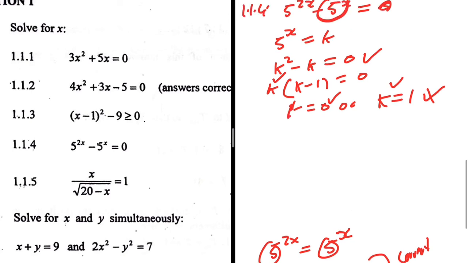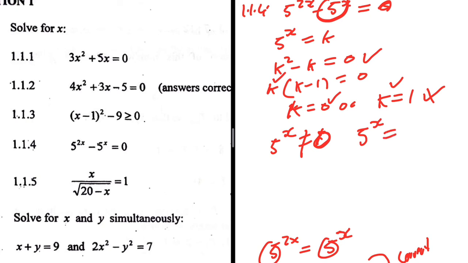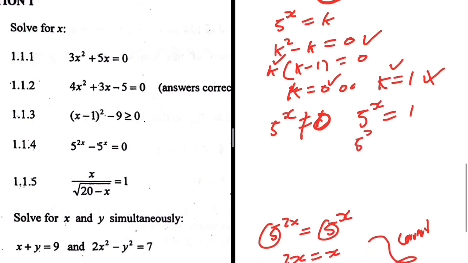So we are saying that k is equal to 0. But we know that 5 to the power x is equal to k. So 5 to the power x, we are saying, is equal to 0. And this cannot be true. If we have 5 to the power any number, it cannot give you 0 no matter what. So 5 to the power x is the one that is equal to 1. For this to be true, we need 5 to the power x to be equal to 5 to the power 0. So x is equal to 0. This is what is true. The case k equal to 0 cannot be true because 5 to the power x cannot be equal to 0. So there we go. We have solved